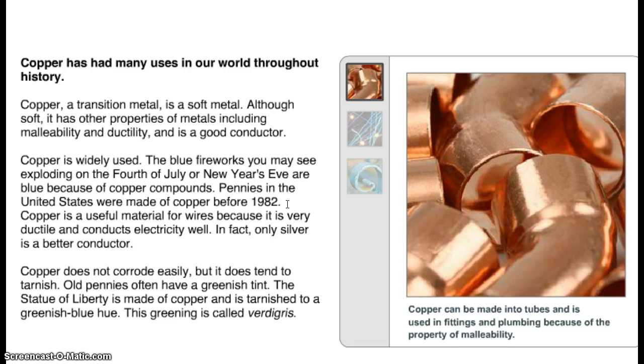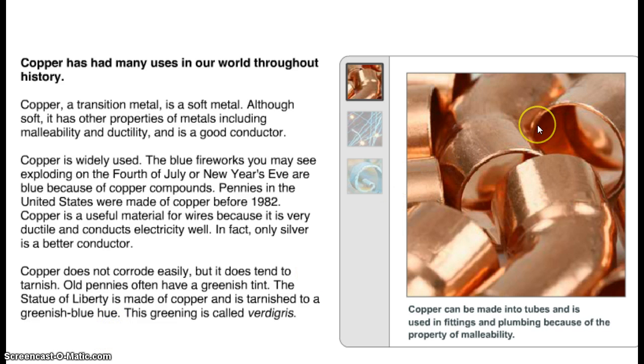Copper does not corrode easily, but it does tend to tarnish. Old pennies often have a greenish tint. The Statue of Liberty is made of copper and is tarnished to a greenish-blue hue. This greening is called verdigris. So think about the Statue of Liberty. Every picture we've ever seen, it's greenish-blue, but imagine what it was like when they first made it and